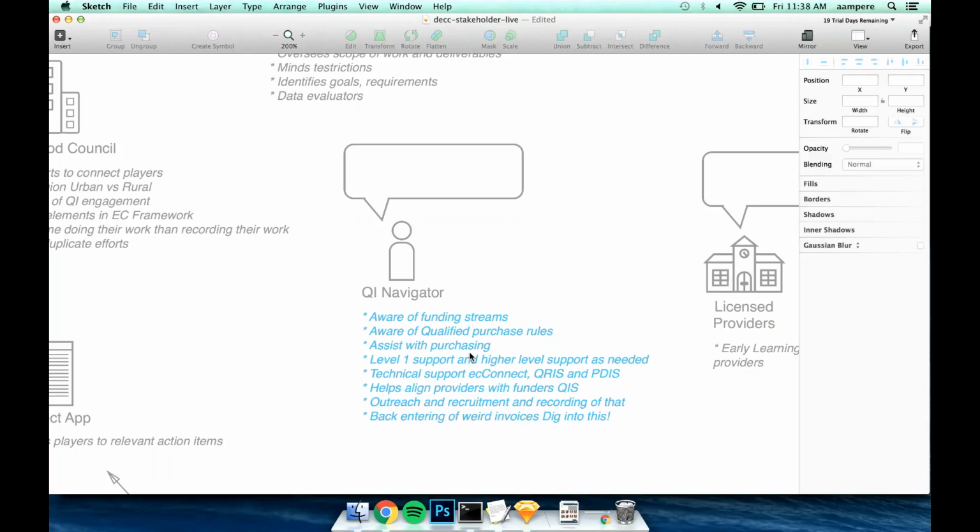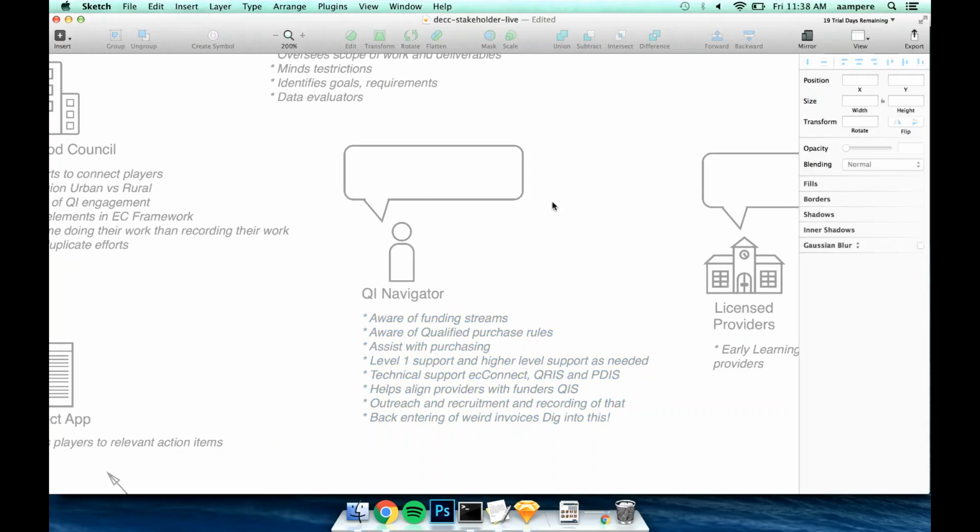This is unrelated to EC Connect, but the coaching staff is a critical element of our team, and to say that we don't have the predictability of being able to support our internal coaches is very challenging. So I know I've personally talked with OEC about that. I think we all are advocating in different ways. Yeah, and Backpack is looking at that without Race to the Top funds, that we don't have a need for a full-time quality improvement navigator, and perhaps that role is something our coaches can take over some of.